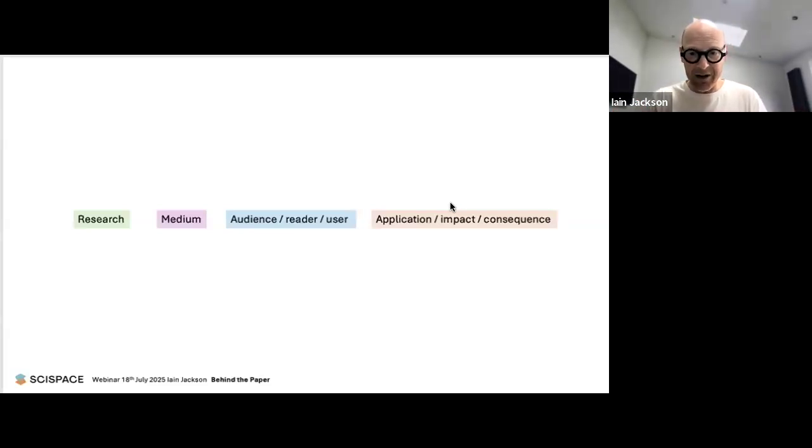I mean, most papers are not even read. Most readers do not translate what they've read into something useful either. So you're left wondering sometimes, well, why are we doing it? What is the point of what we're trying to do here? So I think we're looking for more than that. We're looking for our research to do more.